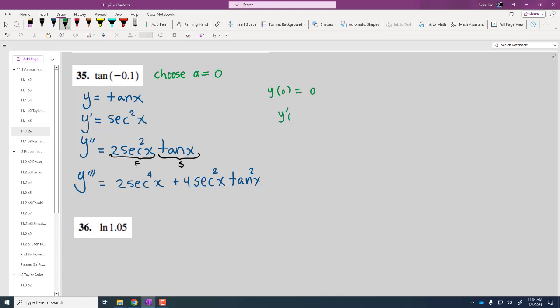Y prime of 0, secant of 0 is 1. Y double prime of 0, oh, 0 again, because tangent of 0 is 0. And then y triple prime of 0, that one is 0, that one is 1 times 2. So we can see here that the third order approximation is going to be the same as the second order